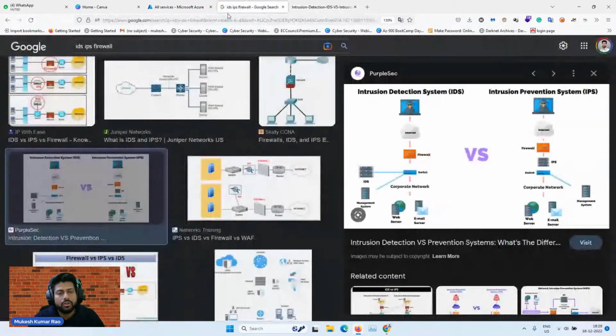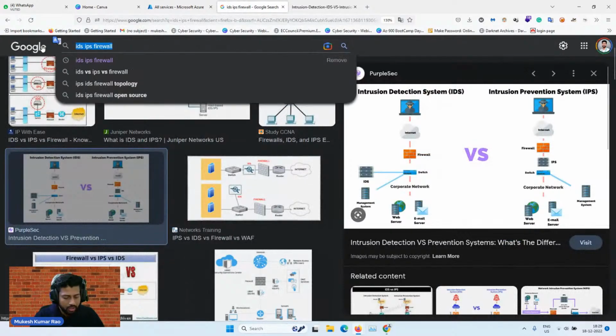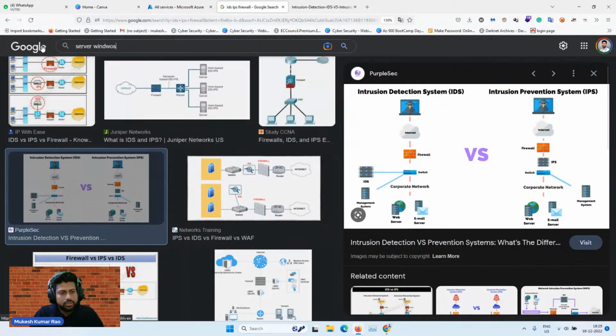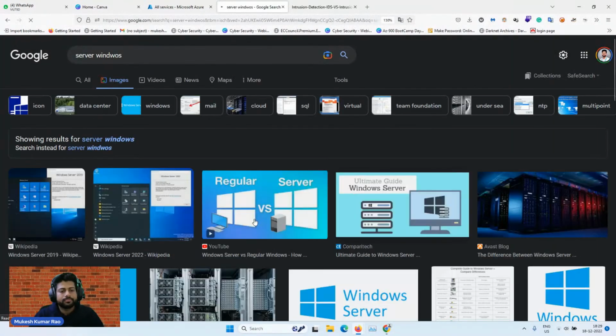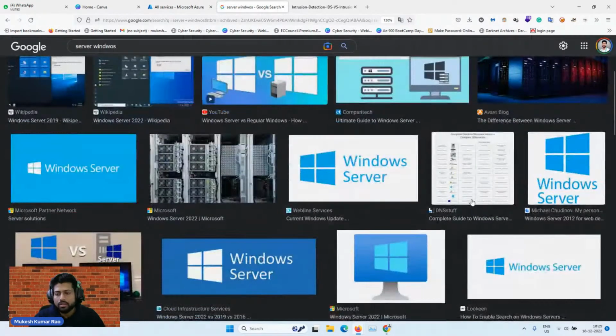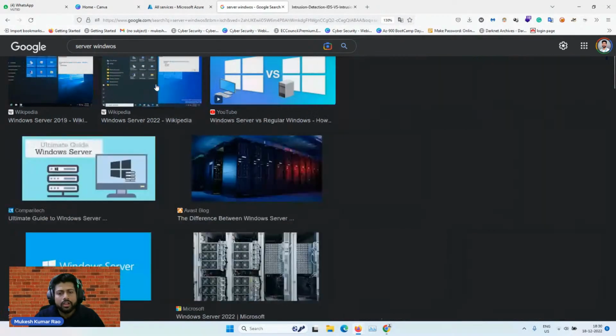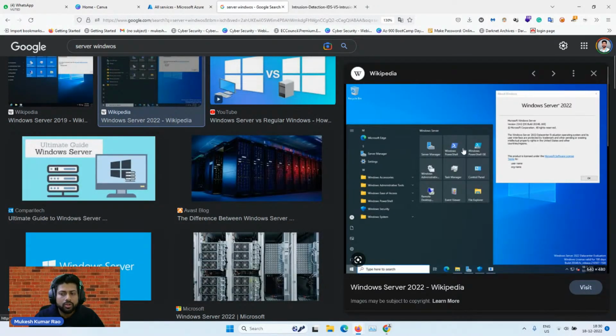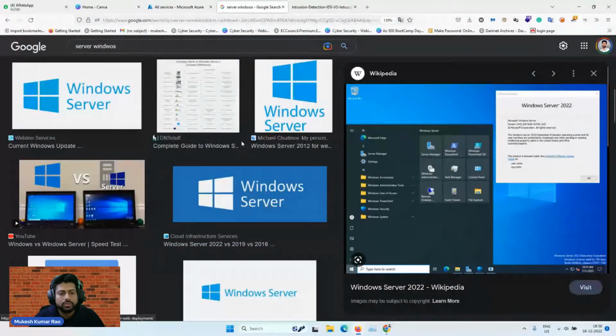If you search for Windows Server, you will get this kind of family of groups. It looks very similar, but some features are geared more towards the server, to manage lots of resources at the same time. That's what we call a Windows Server.